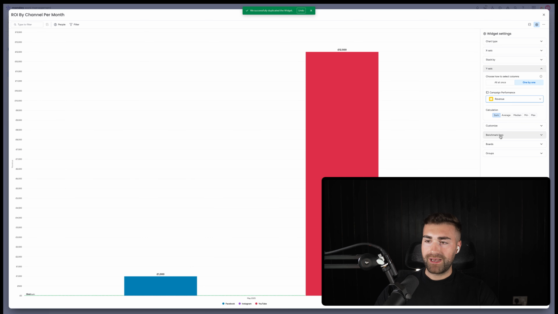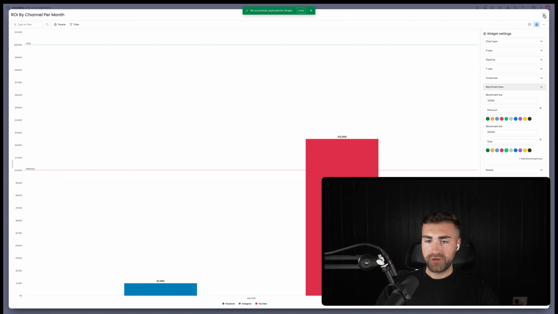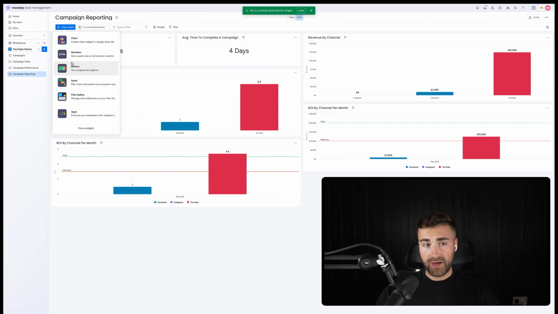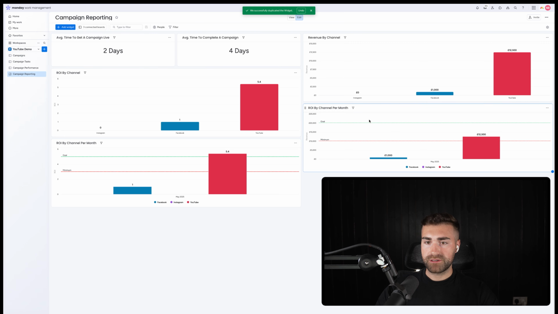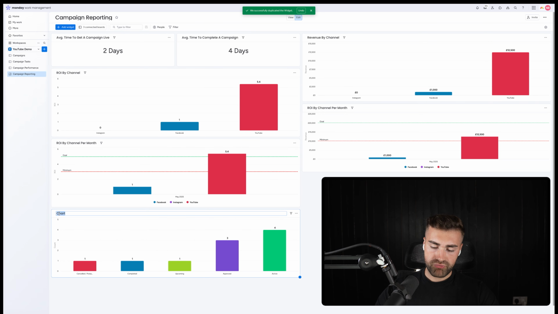And then we can go ahead and we would need to make sure that we change the benchmark lines. So let's say minimum's 10,000 and then our goal is 20,000 per channel per month, and you can see where we are in comparison to those. Now another one, just a final one that I want to add here, is our charts. So we go ahead, add another chart, and then let's do ROI by